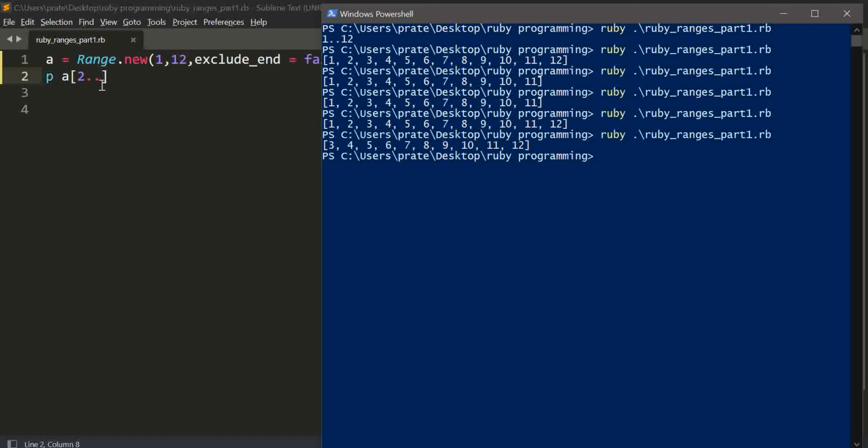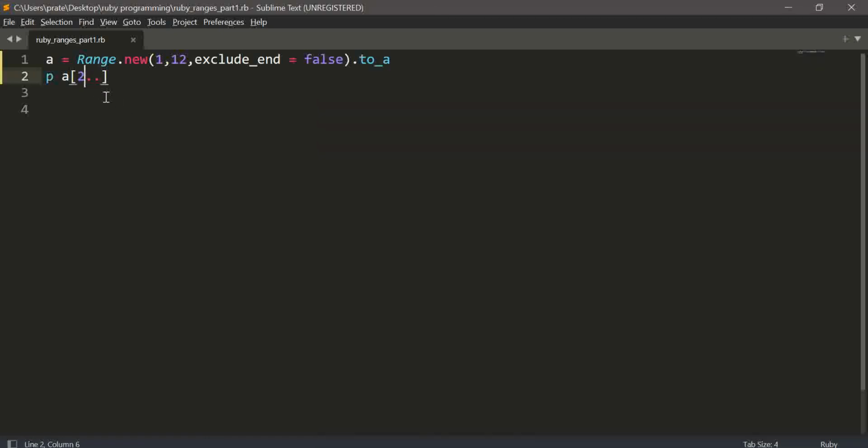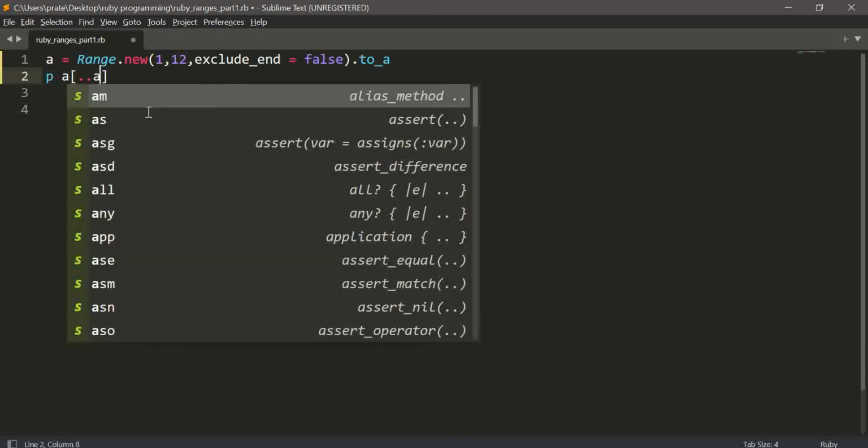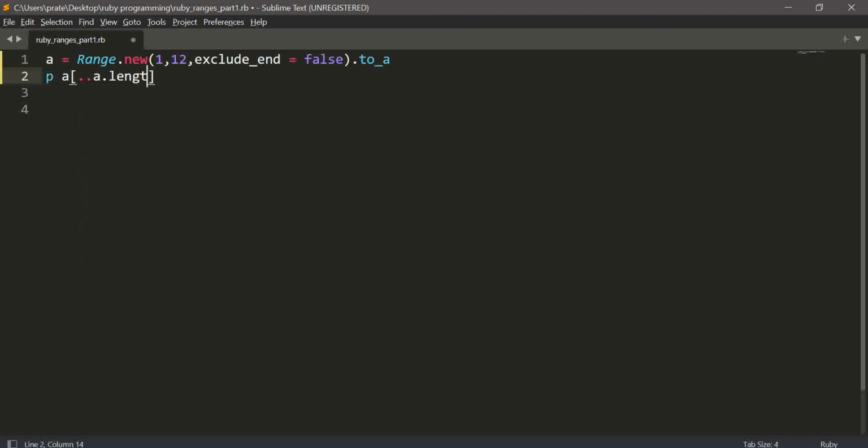As I have not mentioned the end value, I will be getting the full array from the index which I mentioned here. And for the beginless range, I give two dots and then a.length minus 1, so this will be the index.